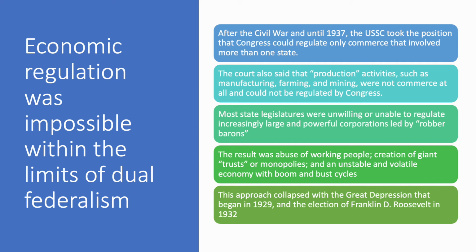But again, there was a lot of resistance to this. In this case, the Supreme Court stood in the way. Congress tried to regulate these big, huge emerging corporations, railroad corporations, steel, oil, etc. You don't have to memorize all of this, but understand the Supreme Court stood in the way of Congress regulating the booming, growing industrial economy of the United States. Most state legislatures weren't able to do it. It led to the rise of the robber barons, these fabulously wealthy people of the late 1800s, and the abuse of working people, the creation of monopolies, in a very unstable and volatile economy that went through crazy boom and bust cycles. And this is what ended in the Great Depression, 1929, and ultimately